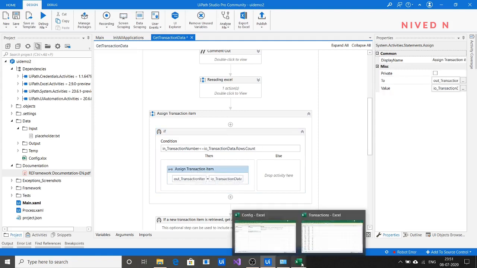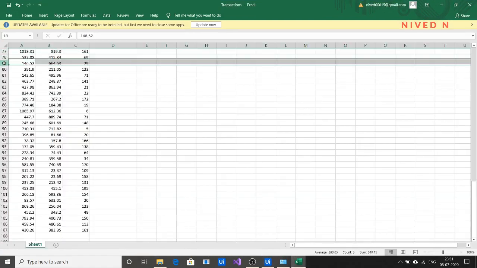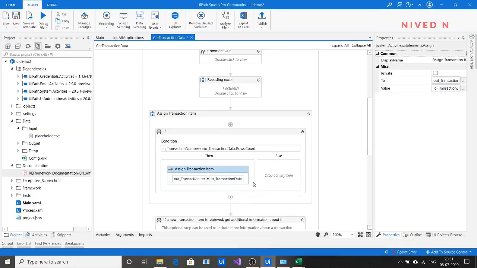What is the transaction item? The transaction item is each row of the data table we are assigning. That is actually what we have done here. Okay, if this condition is false, means if transaction number is greater than this data row count, we can say that there is no transaction item, so you can assign it as nothing itself.